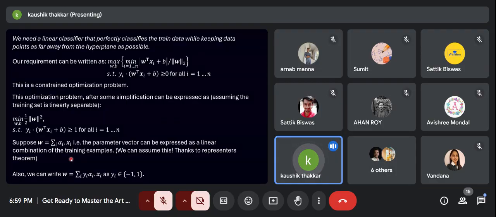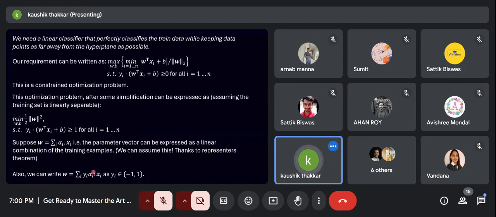So again, it's basically a linear combination of the training samples only. If you're familiar with the optimization algorithm gradient descent, you have seen the steps. The steps, if you try to formulate them, are also somewhat a linear combination of the training samples only, right? This is a short justification, but the complete proof is beyond the scope. And we will assume that the parameter vector can be written as a linear combination of